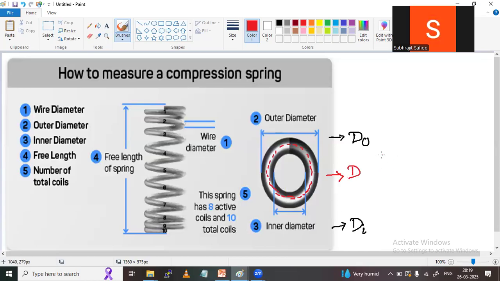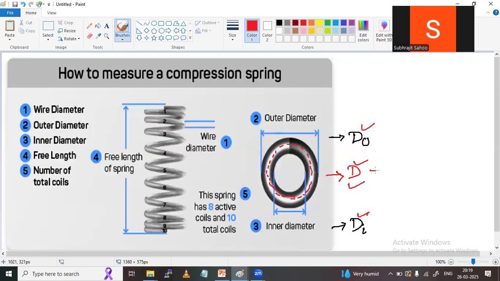Sir, why am I telling this? Because in the problem sometimes D value is directly given, or sometimes Di will be given, sometimes Do will be given, but anyhow you have to find the D only. If it is directly given, so far so good, no problem. But if Do is given, then you have to find D. Then how to find D? If Do is given,